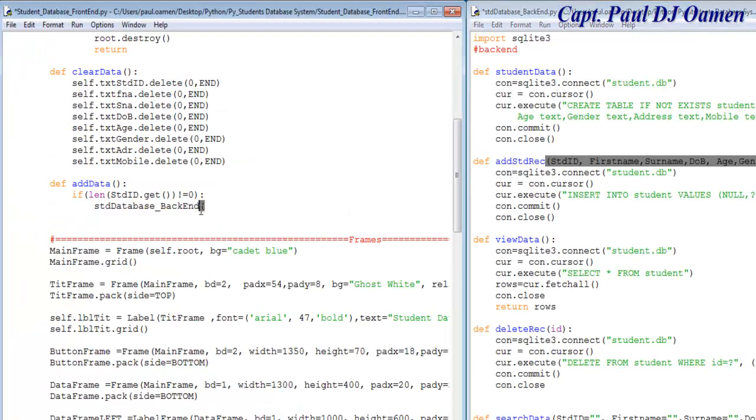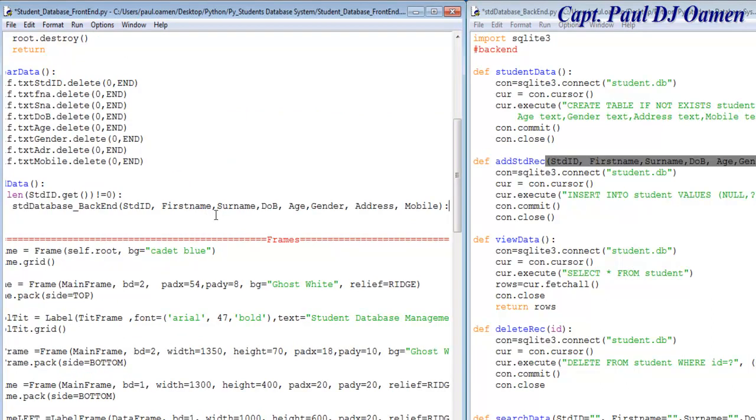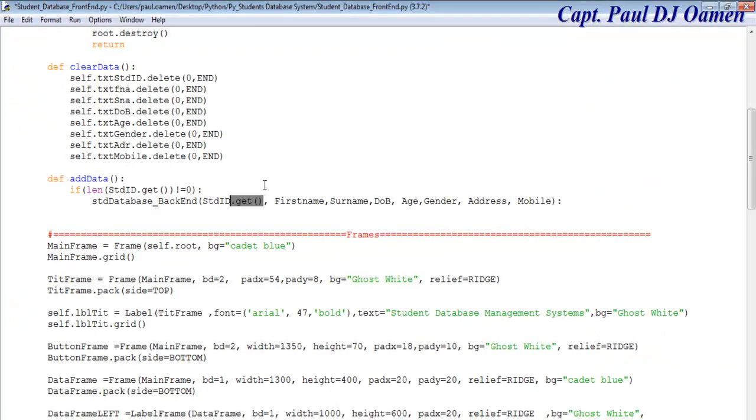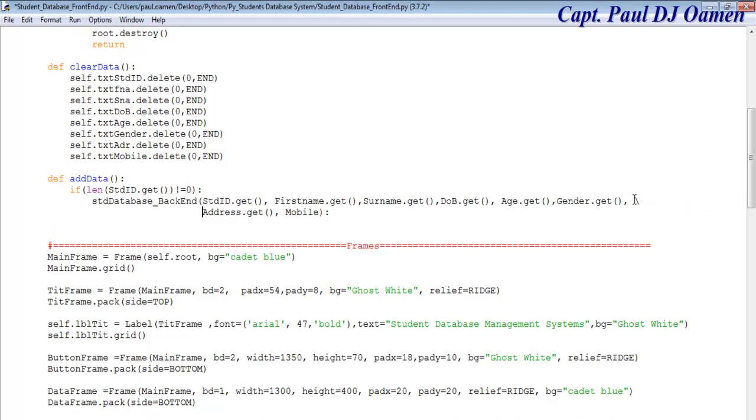So the student ID dot get. So let's just add dot get, add parentheses across for the others as well. Right, speed dot get, right there. One more, and the last one, maybe we should just break it. Add that here. Okay,